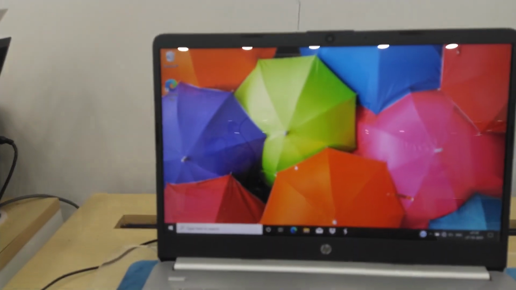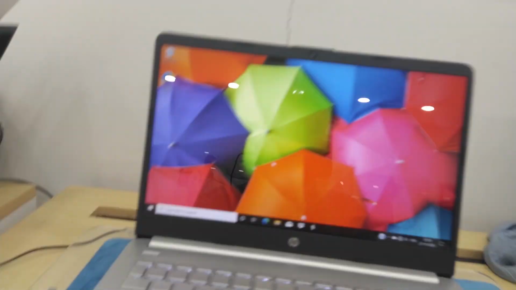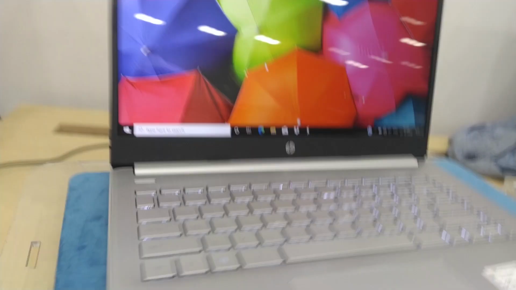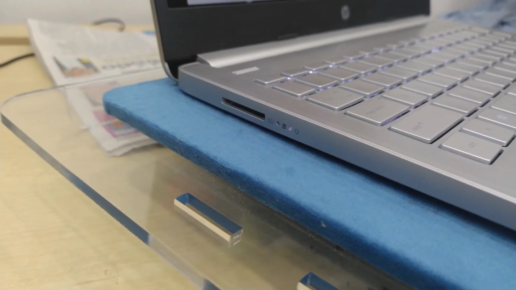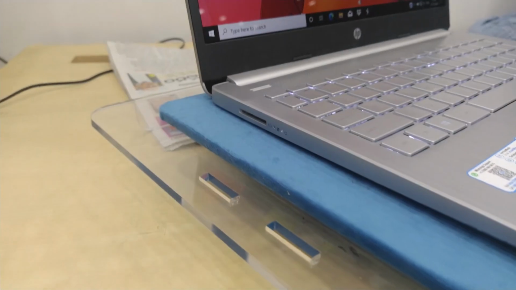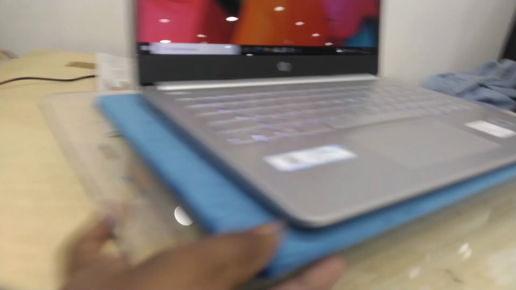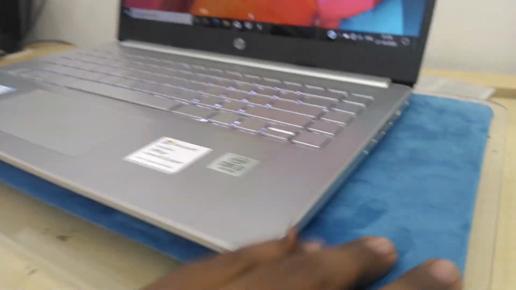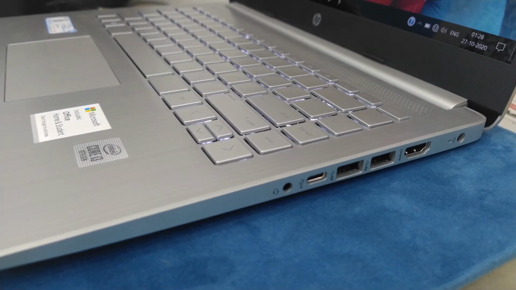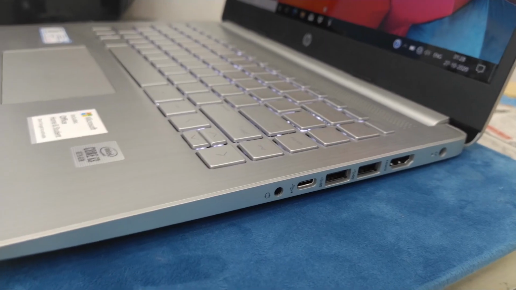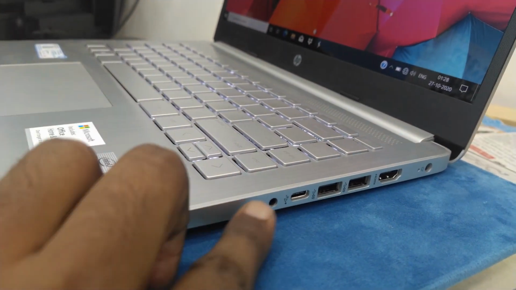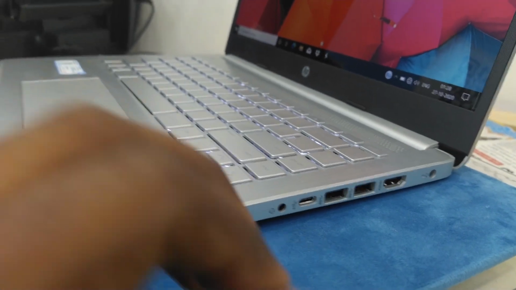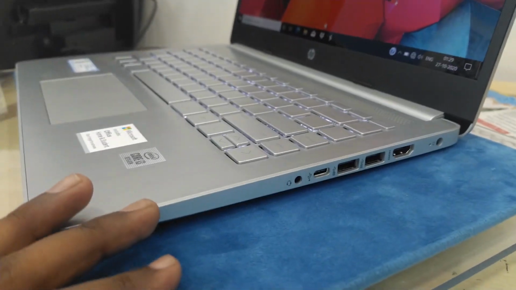Now we'll switch over to the ports, guys. On the left hand side you have an SD slot and then two indicator lights for on and off, and nothing more. And at the right side you have one 3.5 mm headphone jack, and one Type-C which is only for data transfer, guys.